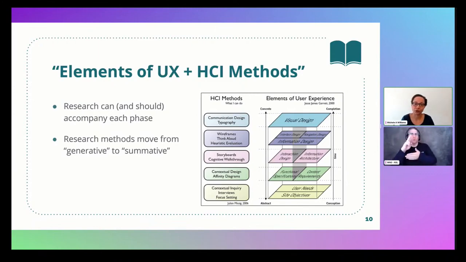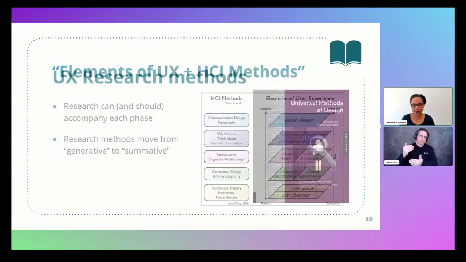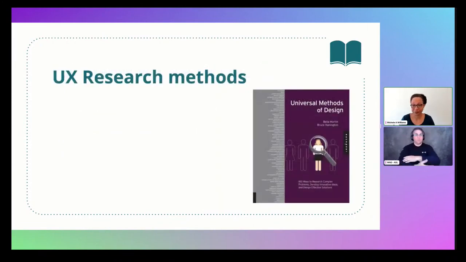Then you move up into other methods that tie into, say, prototypes, prototype walkthroughs, storyboarding, all the way up to what we know as usability studies at that final stage. So again, there are hundreds of research methods, more being invented. I really enjoyed the book that was recommended to me by a colleague some years ago, Universal Methods of Design, Bella Martin and Bruce Hanington, literally 100